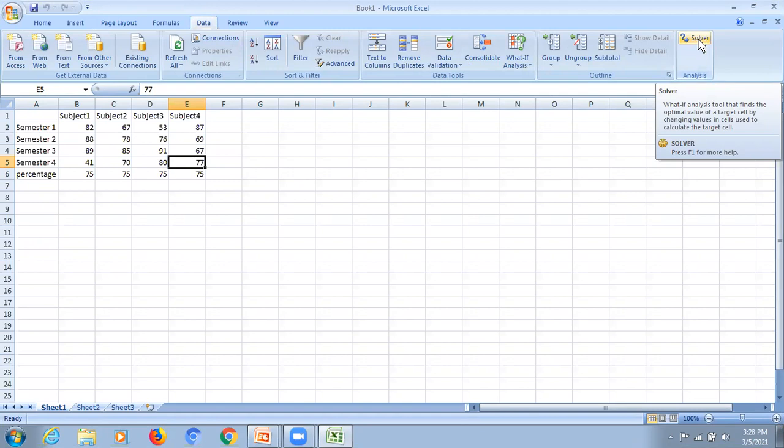Basically, the easiest definition of Solver is that it is an elaborate form of Goal Seek. When we want to change more than one value, that is the difference: Solver deals with equations with multiple unknown variables. So when we do not know more than one variable, in that case we use Solver. It will be more clear when I show you through an example.